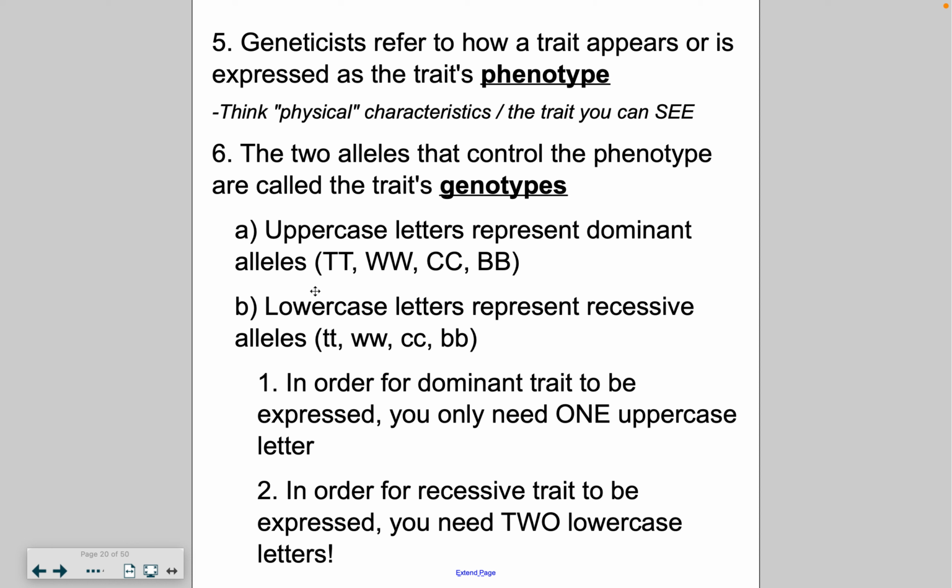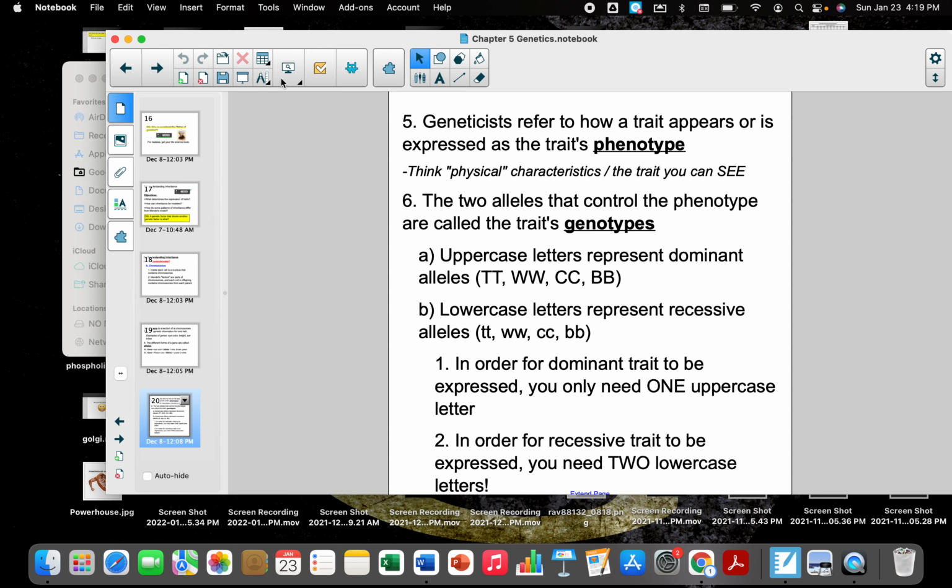And we use letters to represent dominant alleles. So remember, if you have the dominant allele, you will exhibit that trait. Big T, big W, big C, big B. Lowercase letters represent recessive alleles. Okay, so little t, little w, little c, little b. And so in order for you to have the dominant trait, and it usually tells you when it might say brown eyes are dominant over blue eyes, in order for you to have that dominant trait, you just need 1 uppercase letter. Okay, so to be brown eyed, you could be,